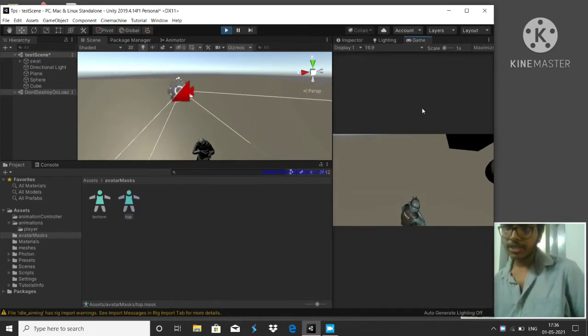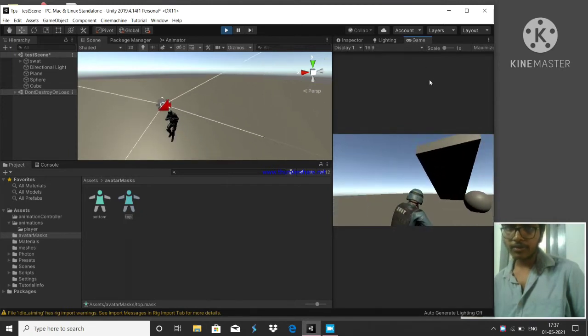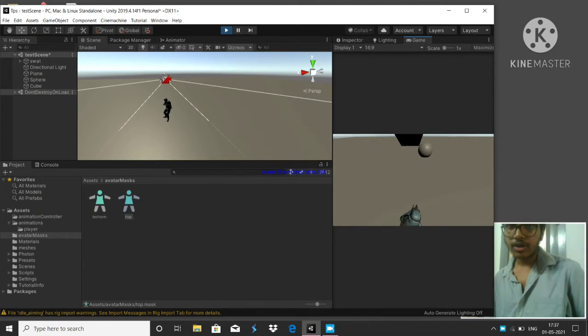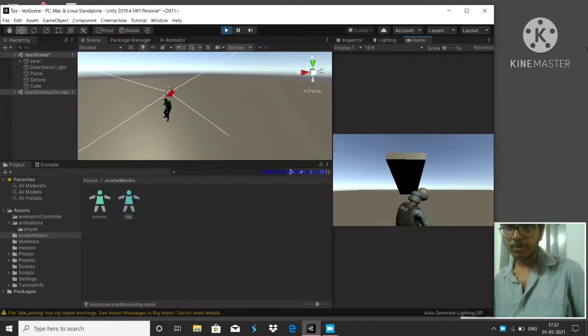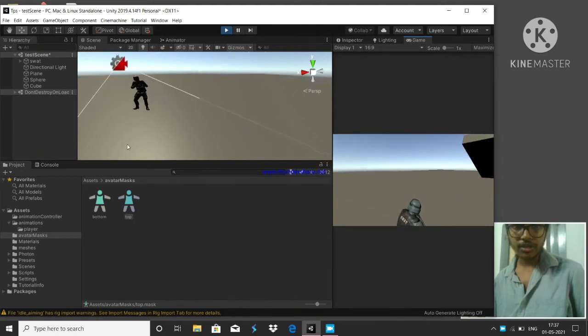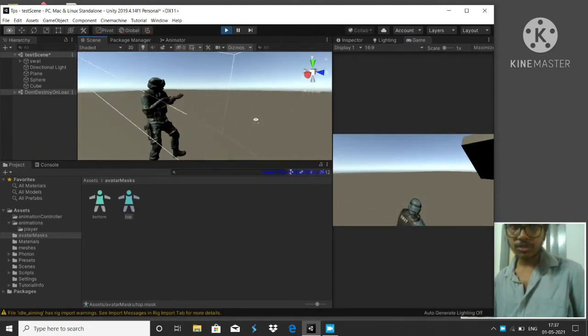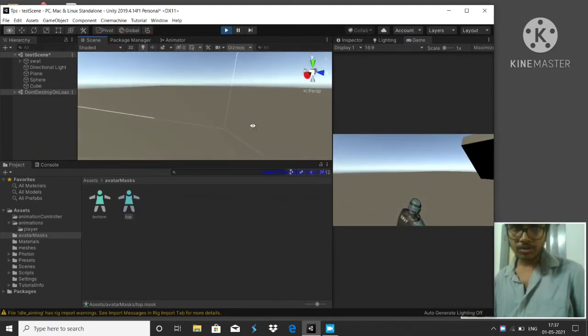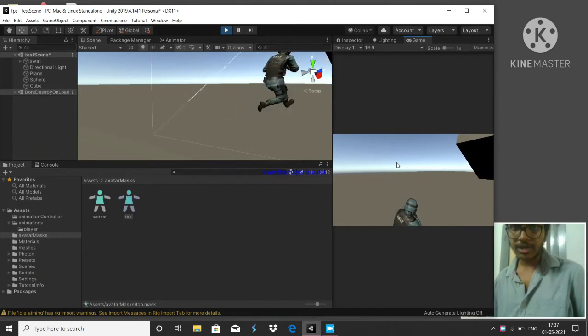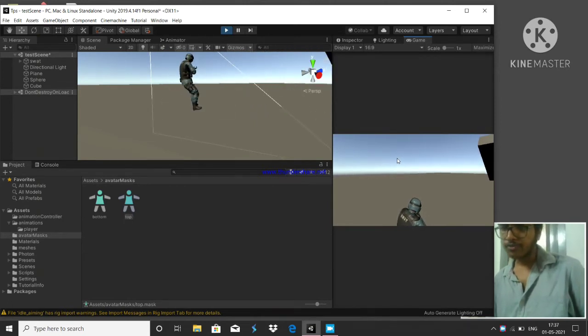Now you can see he's moving backward, he's moving forward. But there is one other thing that I'm really worried about. The movement he is doing is something really weird, right? Let us assume something like this. He is moving, so let us see how he is moving. He's moving backward. Okay, it is kind of fine. But if you are not satisfied with how he is moving,